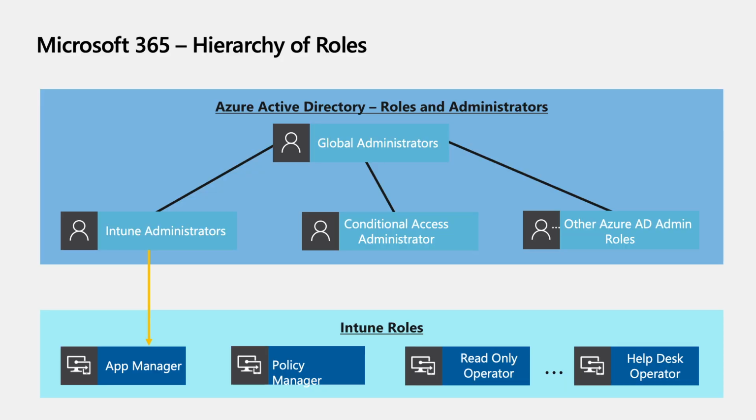This slide lists the hierarchy of roles in Azure Active Directory. Azure Active Directory provides multiple roles for users to perform various tasks. It has a built-in role for Intune admin that provides the ability to manage users' devices and assign them to policies. Similarly, the conditional access administrator has the ability to manage conditional access policies. In addition to Azure AD roles, Intune provides various built-in roles like policy manager, help desk operator that can be used for managing various parts of Intune. You can also create custom roles besides the ones already present. The roles and scope tags that we just talked about and that we'll be discussing in eventual sections all form a part of Intune roles and RBAC.